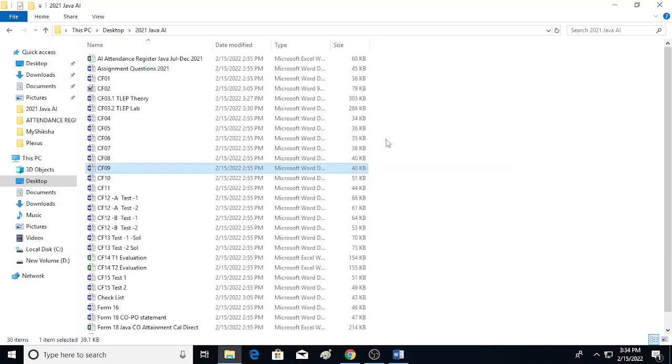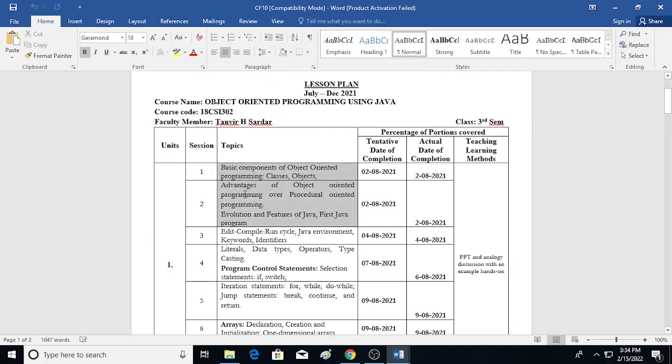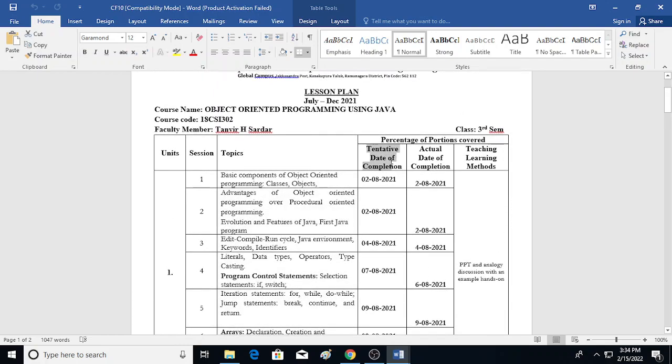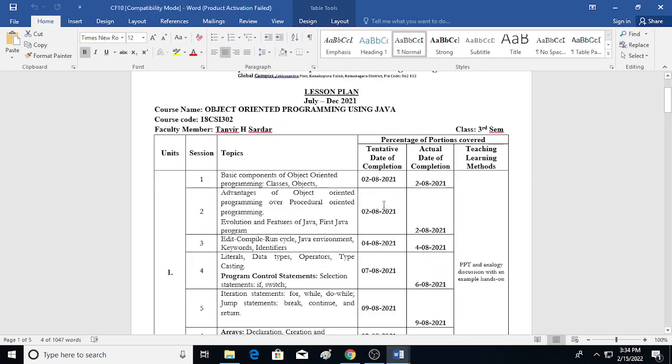Now CF10 is the lesson plan. In this lesson plan, we provide all the topics module-wise for you. But the important thing over here is the tentative date of completion. Based on the timetable, we have seen the individual timetable in CF08. Based on the timetable, you have to plan and see what holidays are there, government holidays or university holidays, and from the calendar of events, you have to see during what time there is an IE examination